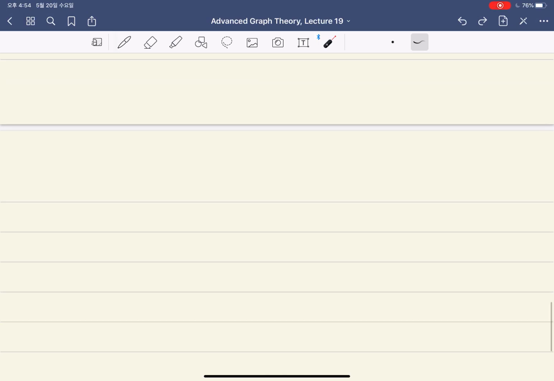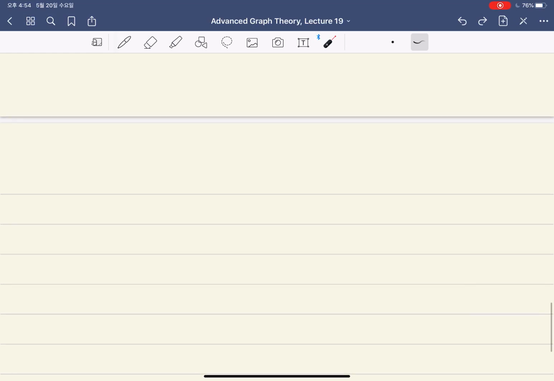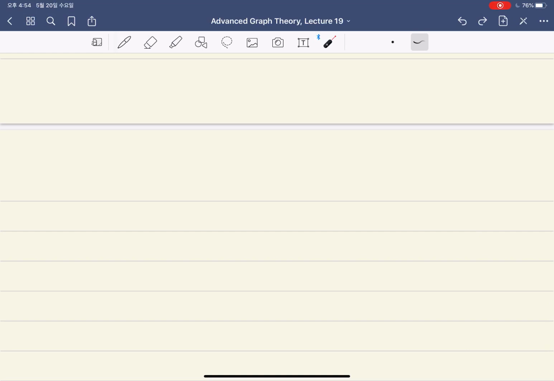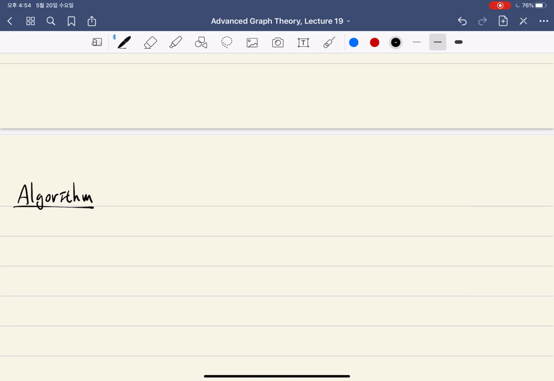So we were about to introduce an algorithm which checks the planarity of a given graph G and produces a planar embedding if the given graph is planar. So let's describe the algorithm. First,